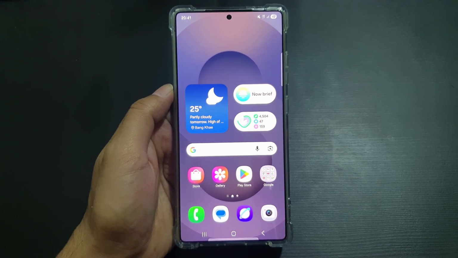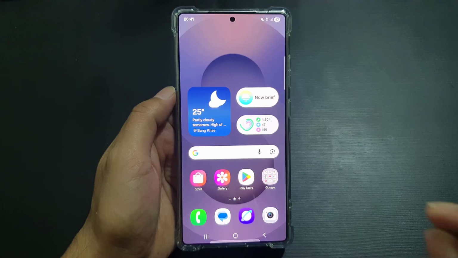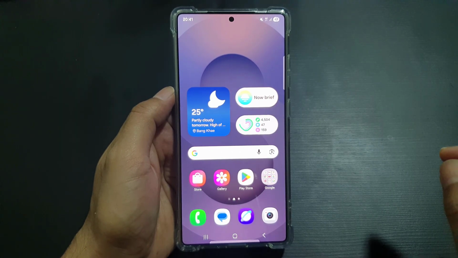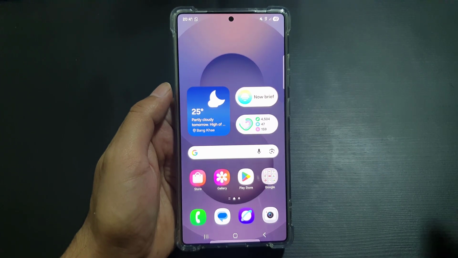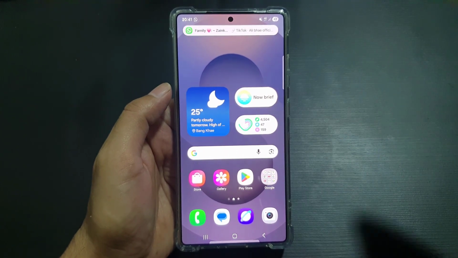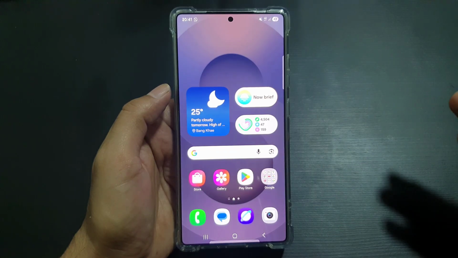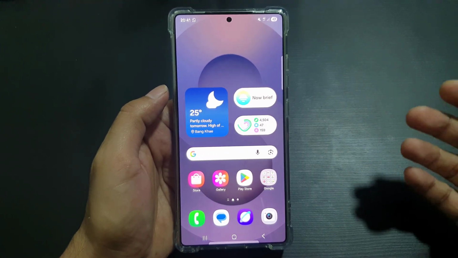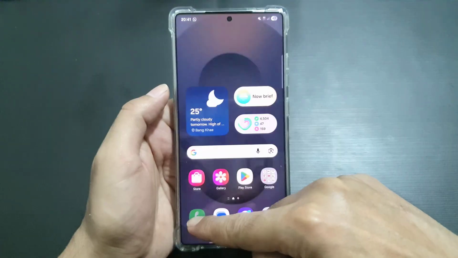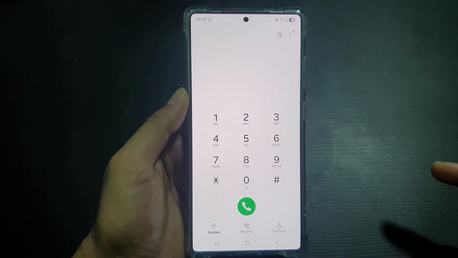If you receive a call on your Samsung smartphone and it is on the speaker, that means that option is enabled in the settings. If you want to disable it as well, in this video I'm going to show you how to enable or disable that option. So what you need to do is to open your phone app, and then you need to